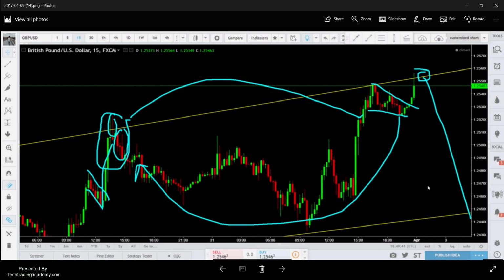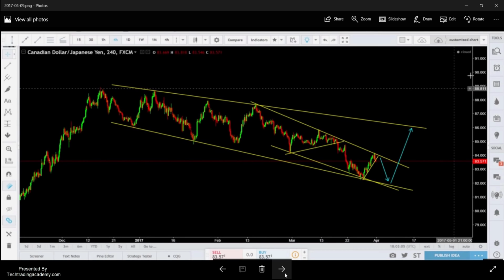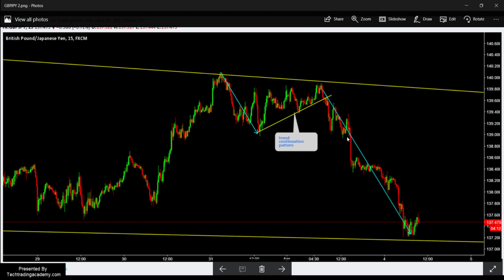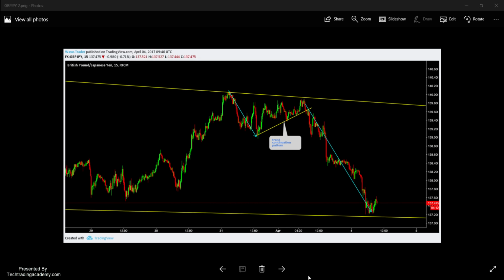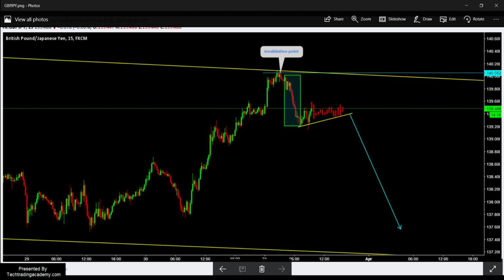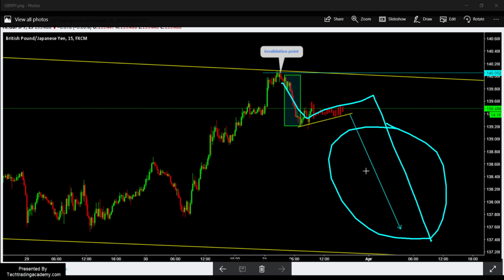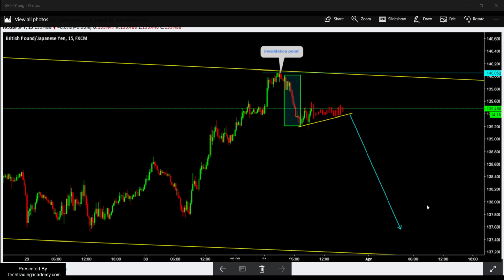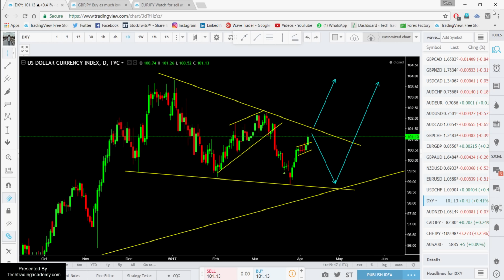Euro yen, so pound USD again. CAD yen has also completed that short-term wave, short-term trade setup. All right, so that is the pound yen. I'll explain that. What we were anticipating on pound yen was that short move, a short-term trade. So that short-term trade is over. Now let's move on to the